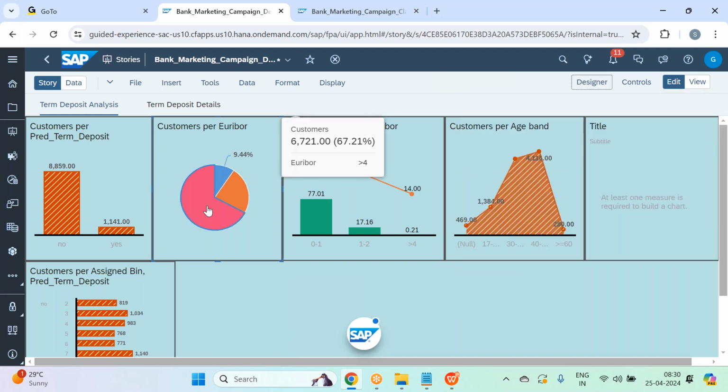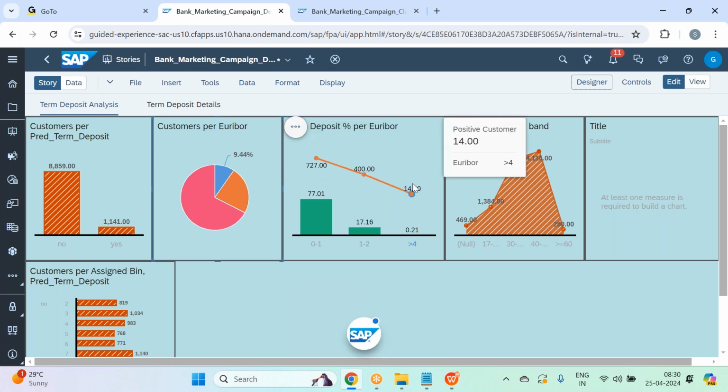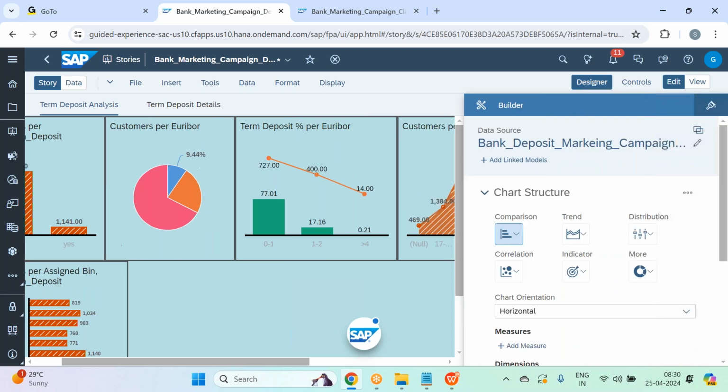You see guys, we got 9.467% customers with Euribor rate greater than 4, 0 to 1 and 1 to... And the positivity, how many customers might respond positively, and their term deposit percentage based on Euribor. Number of customers per age band. And here what I'll do,